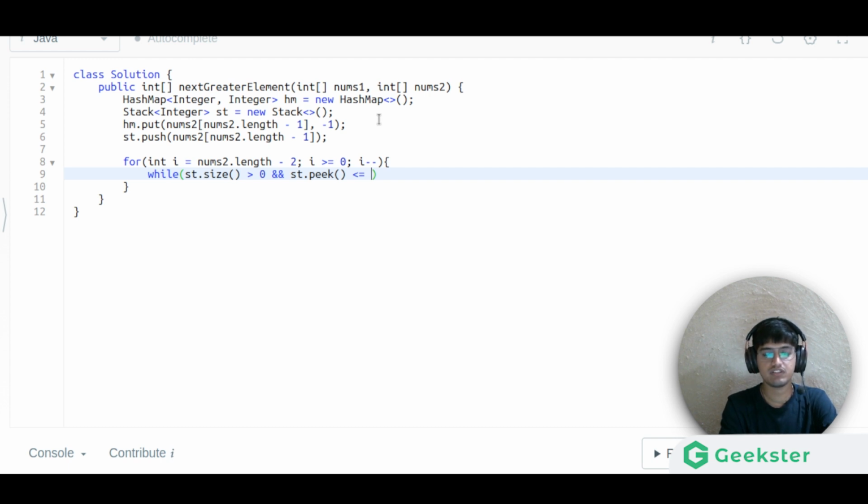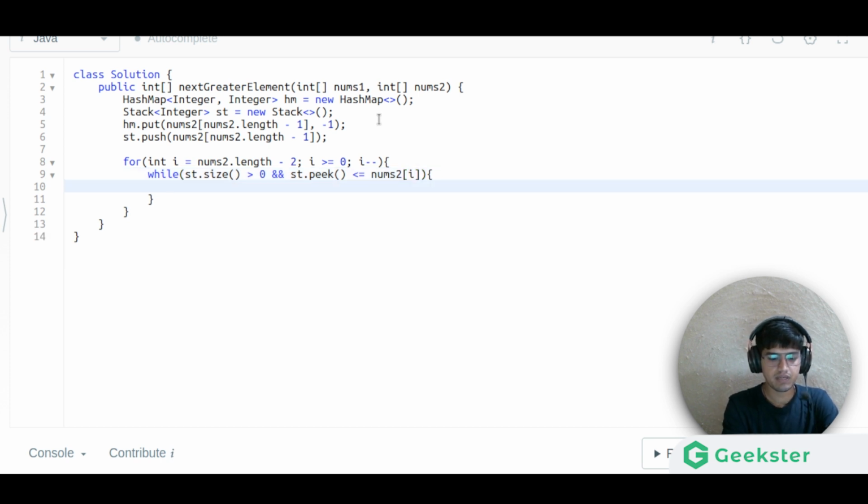If it is smaller, then we'll simply pop it, so we will simply do st dot pop. Once that is done, we'll put the semicolon here.